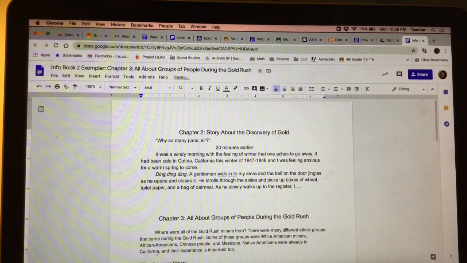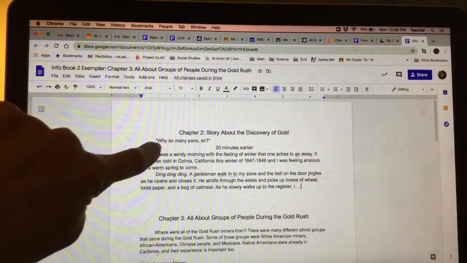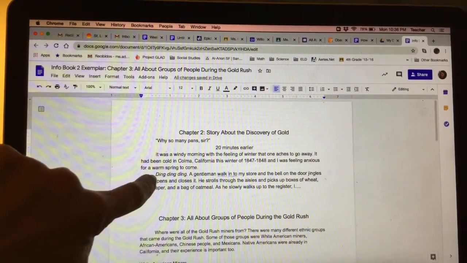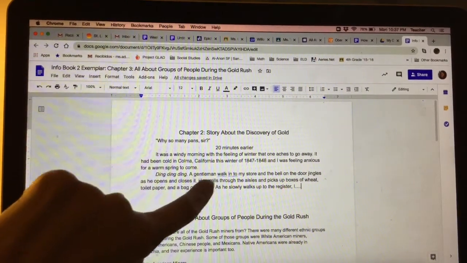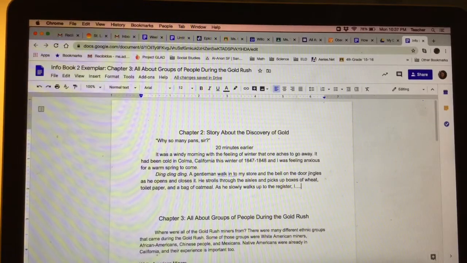and what I want you to notice from my story is this. I've used dialogue right here. I've used an onomatopoeia right there. I really walk you through what this man is doing moment by moment by moment. I really stretch it out, and I do that because otherwise 20 minutes will pass in a flash. And I want my story to be 5 paragraphs at least. And if I want to do that, I need every moment. I need to put you into the moment of what this person is doing. How are they paying for things? How are they looking for that lump of gold in their pocket?